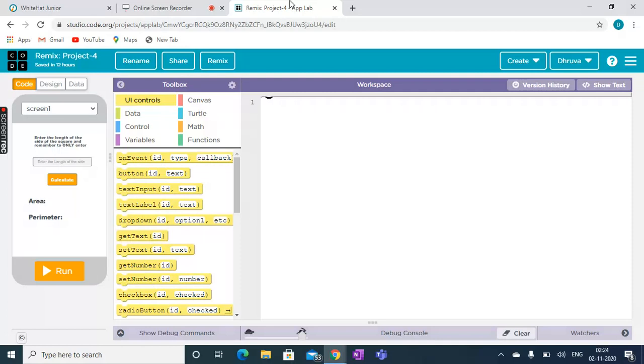So he's asking, can you build a geometric calculator for him? The calculator should calculate the area. By using that, he will be able to understand how many plants, meaning vegetables and fruits, he wants to plant. So this is the story of our project. Let me first explain the design part.